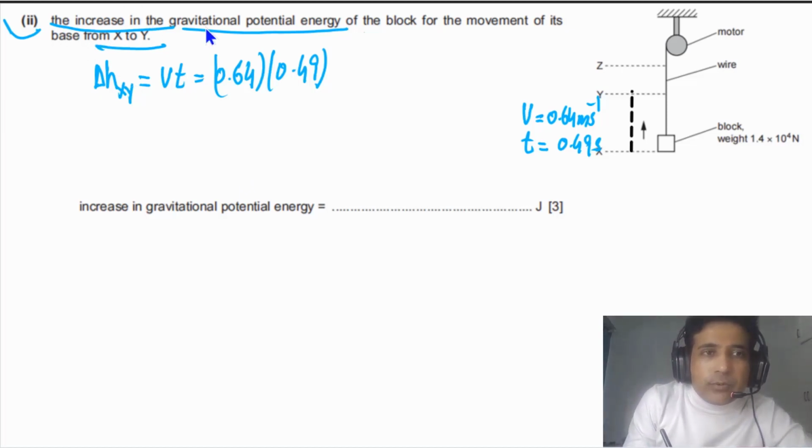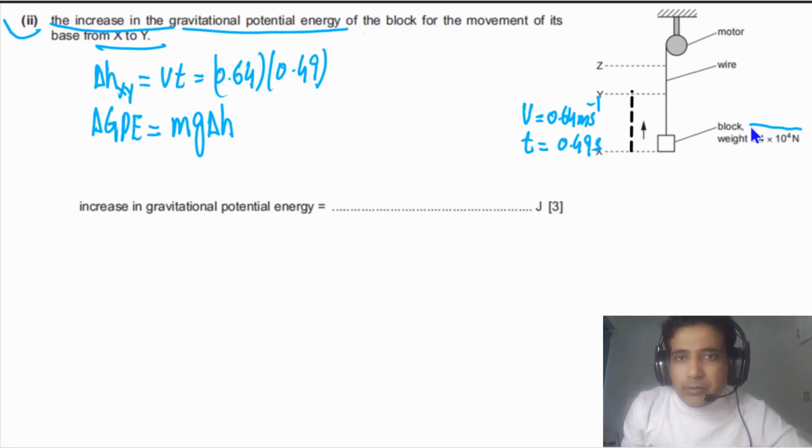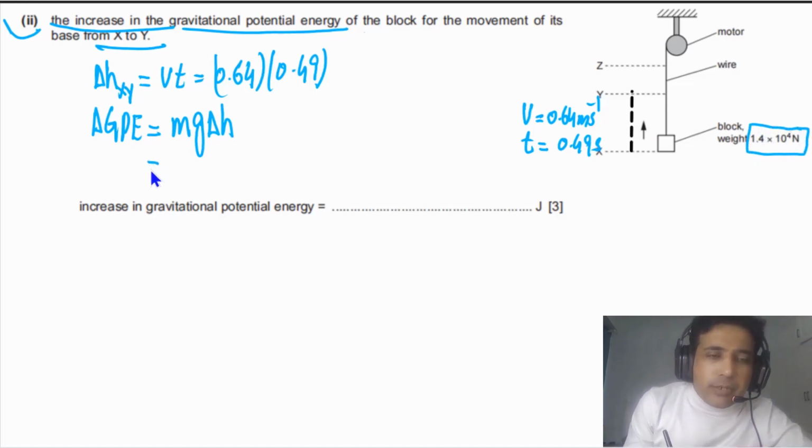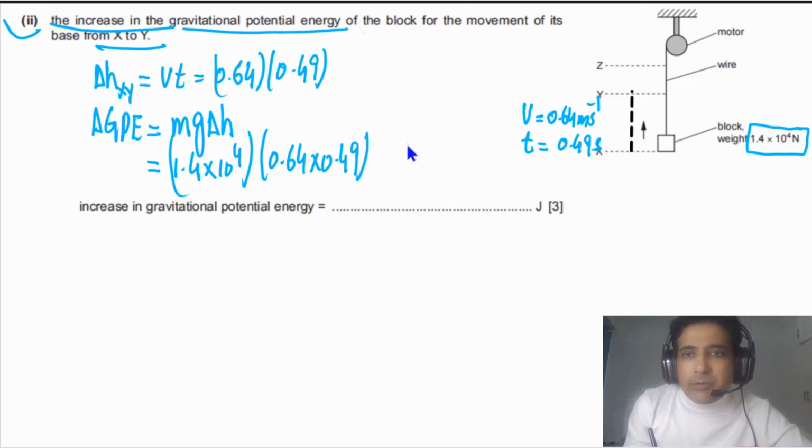But we need to calculate the increase in gravitational potential energy, means delta GPE, the change in gravitational potential energy. And change in gravitational potential energy will be equal to mg times delta H. And mg is the weight of the block. And weight of the block we have here. So simply we can plug in these values. Weight of the block is equal to 1.4 times 10 to the 4 times we have the change in height delta H, that is equal to 0.64 times 0.49. Now if we simply solve this one, our final answer in this case will be equal to